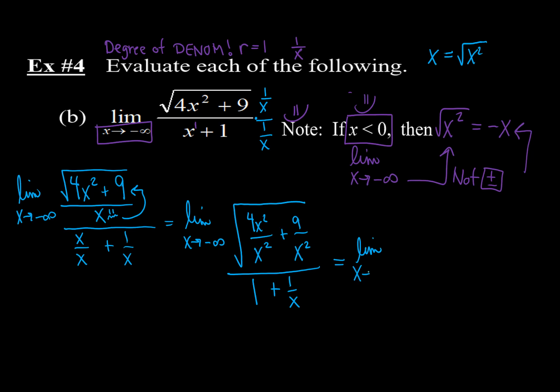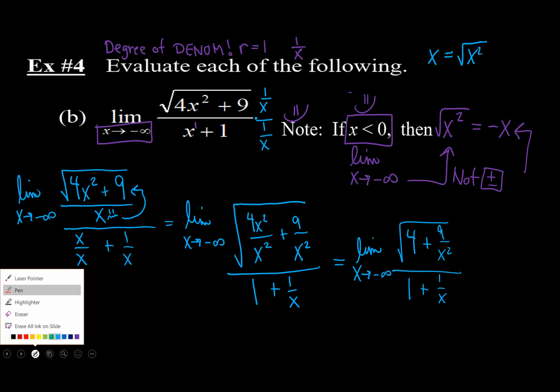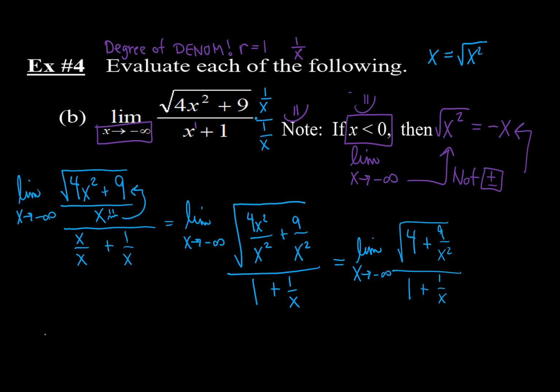So I've got the limit as x approaches negative infinity. I'm going to simplify. Here I've got the square root of 4 plus 9 over x squared, and in the denominator, I've got 1 plus 1 over x. Excellent. Now I've got everything simplified. I can plug in